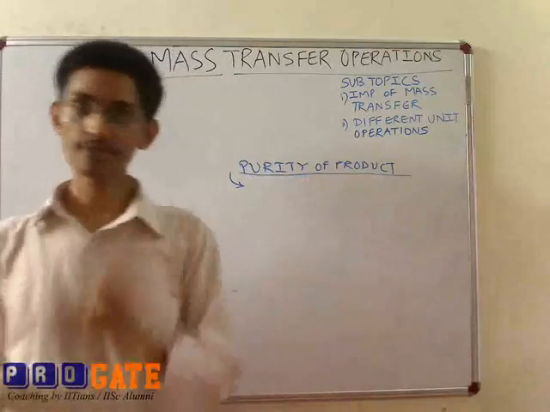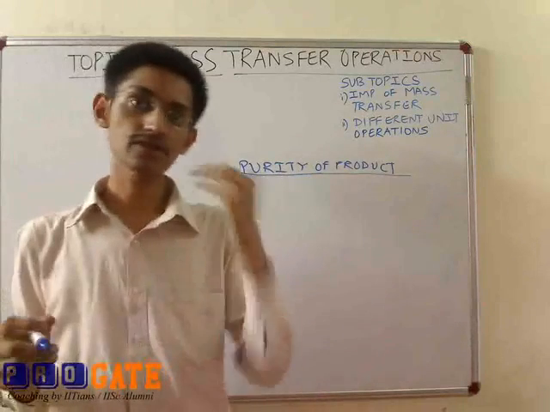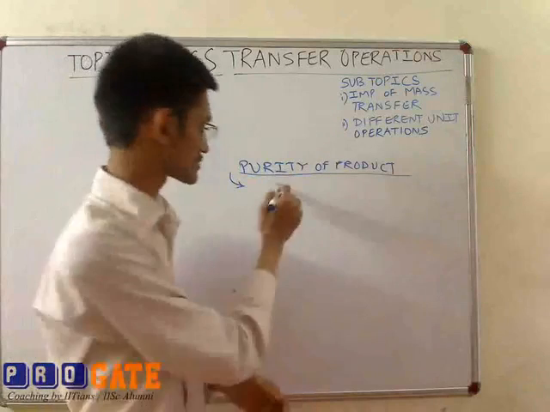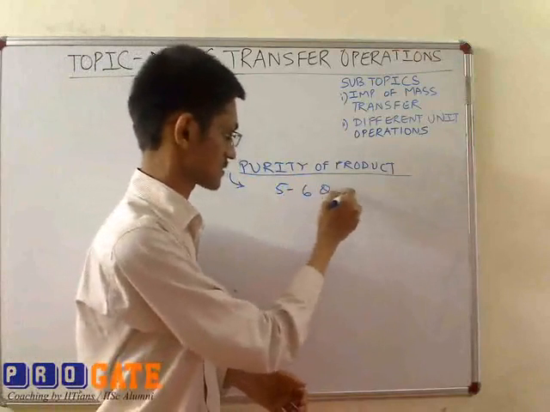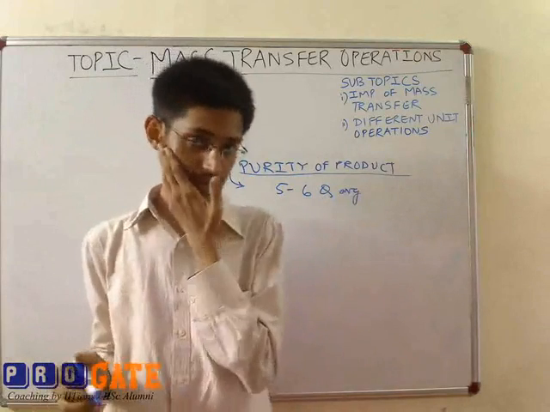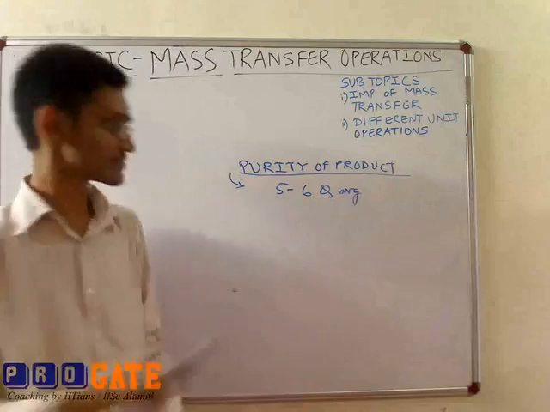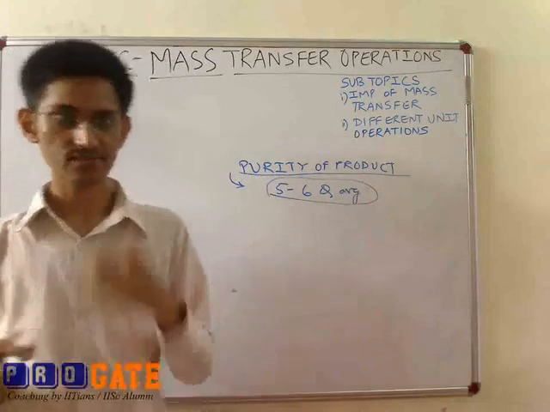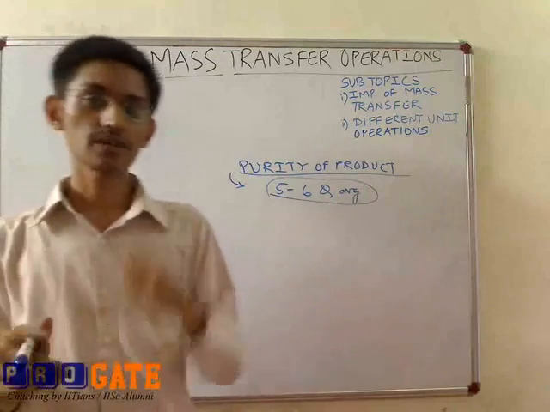From the GATE point of view, normally we have about 5 to 6 questions on an average. It may be more than that, but 5 to 6 questions on an average can be considered. So it's an important chapter not only from the chemical engineering process point of view, but also for scoring in the entrance exam. So the importance